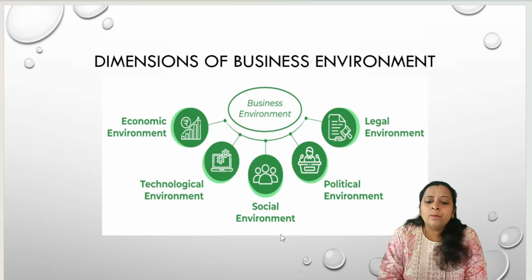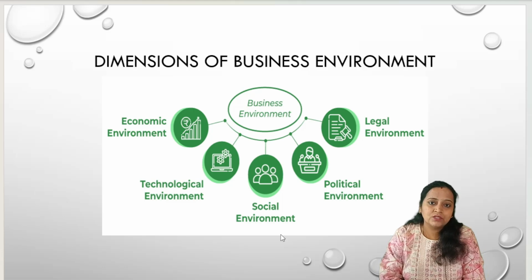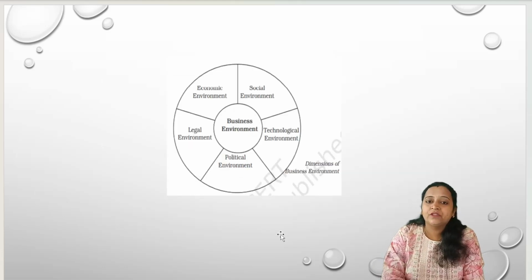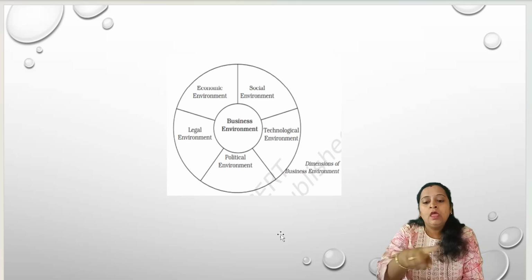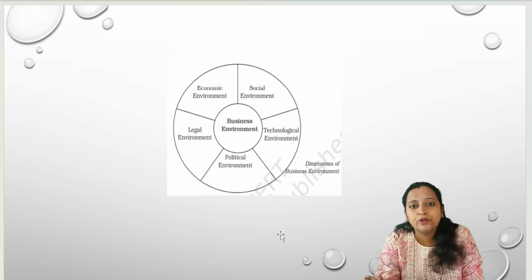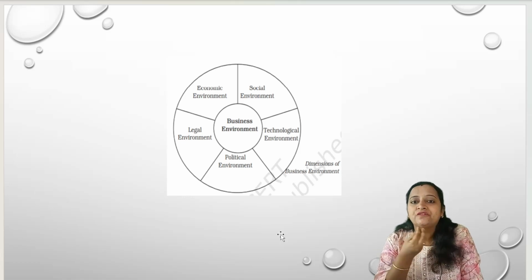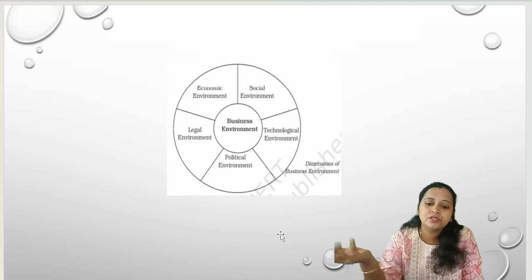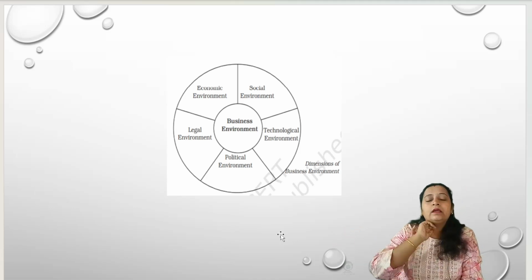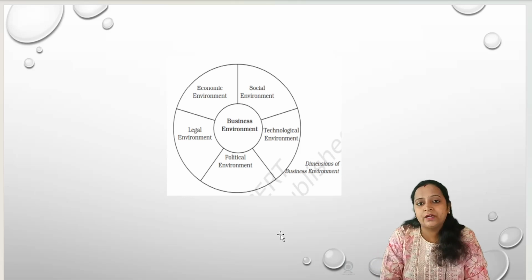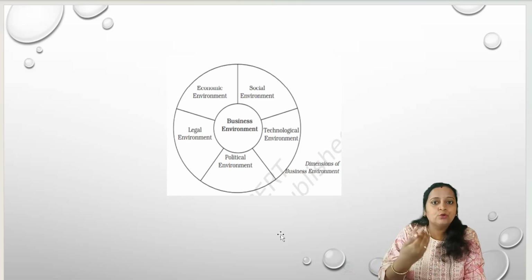So these environments will affect indirectly the working conditions as well as the performance of your business. Previously they used to ask this question as a POQ question, just asking like this: state the different dimensions. If that was the case, you have to draw a picture like this, and you used to get 5 marks. But here they may also ask you for 4 marks, that is, show the different dimensions of business environment. If they just mention show the different dimensions, if you just draw this circle diagram, that is more than enough. But if they ask you to explain the different dimensions of business environment, we'll go through the explanation.